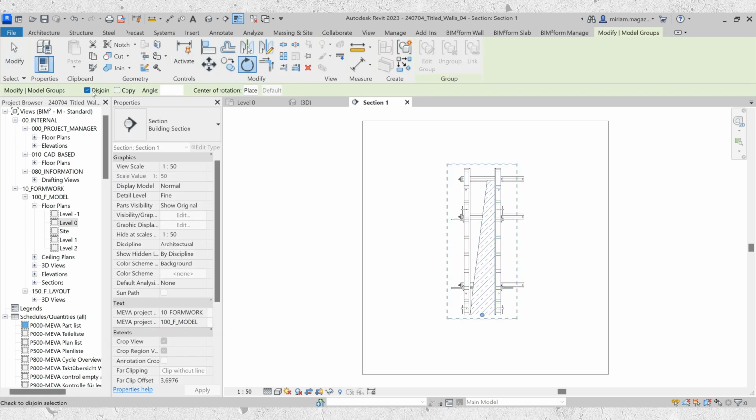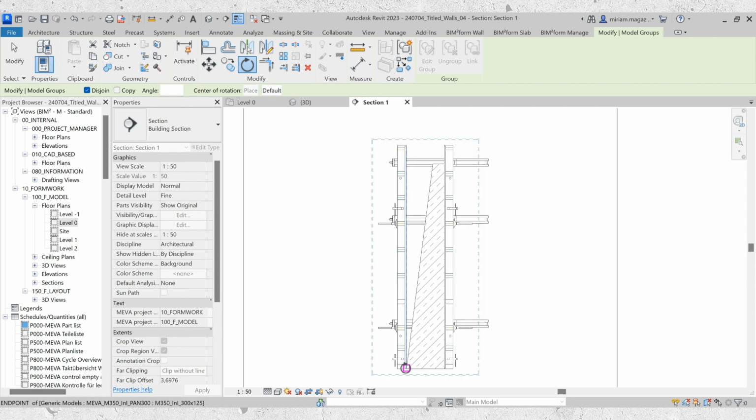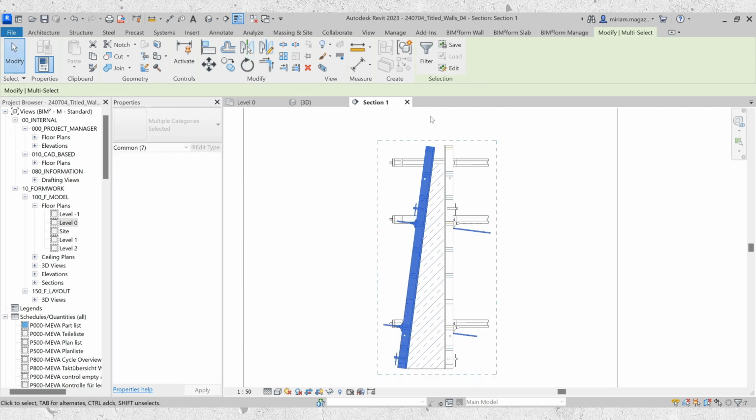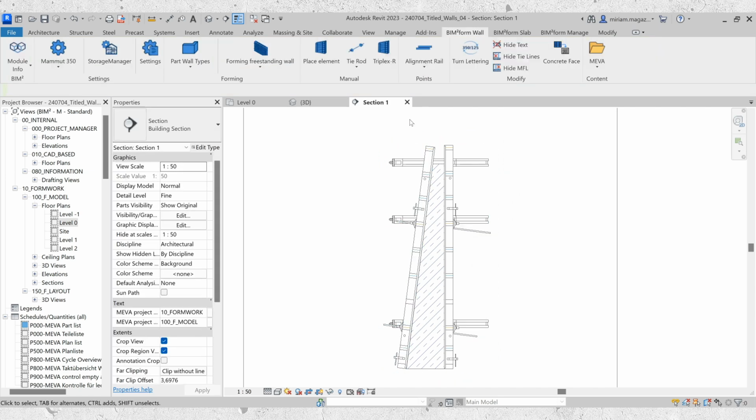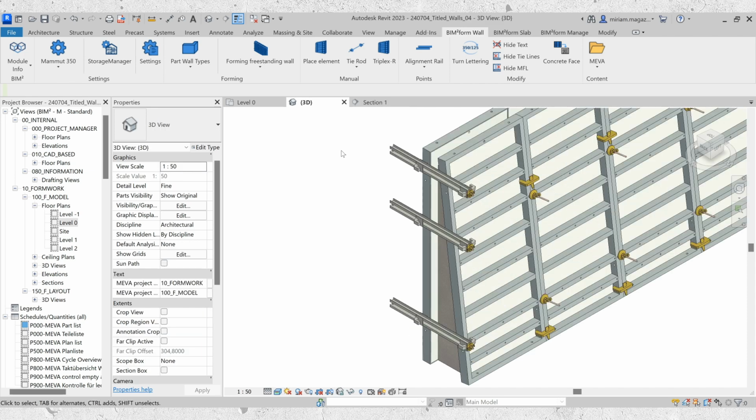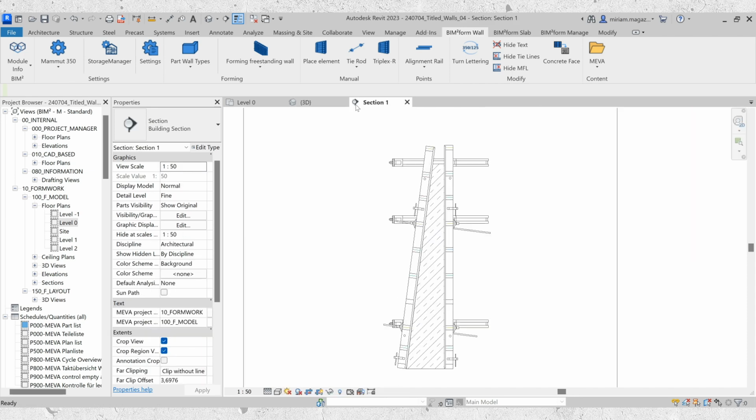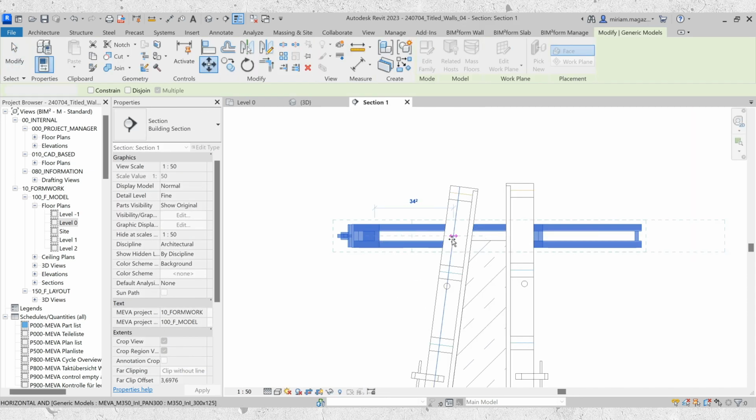Ensure you check the Disjoint option and select Place as the rotation center. Manually adjust the brackets afterward on both sides.